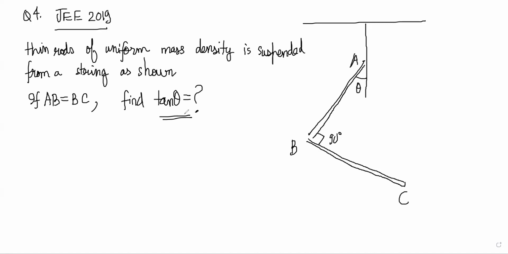Right. So AB is equal to BC is given, and you have to find out tan theta. Now here, what we have to think about is there will be mass of this rod which will be acting at its center. There will be mass of this rod which will be acting at its center. Right. Now you have to realize that